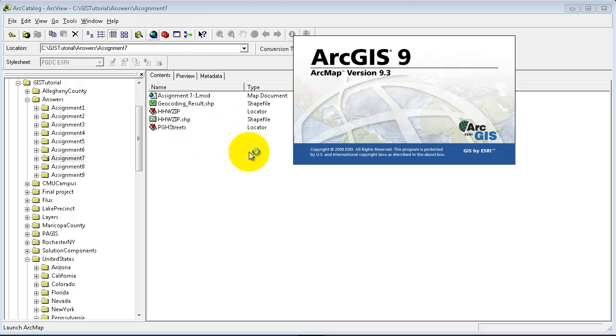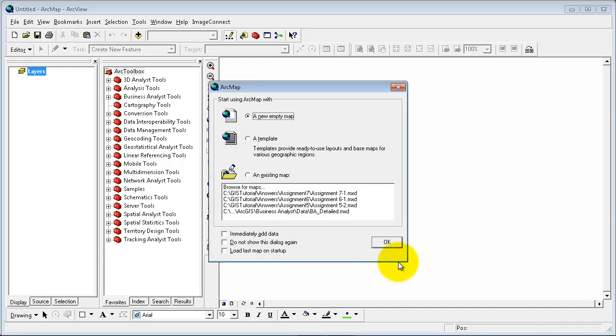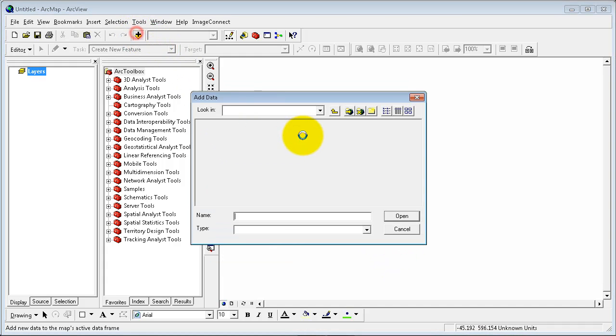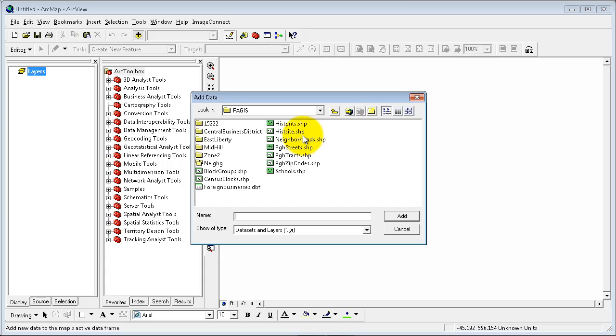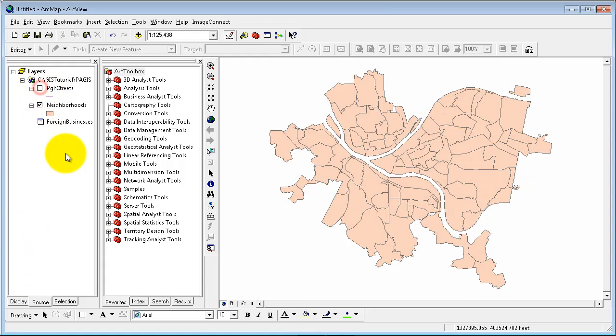Now I need to create a new empty map and start adding my data, which is nothing but neighborhoods, streets, and foreign businesses database. Once I add that, I'm going to turn my streets off for a little while and